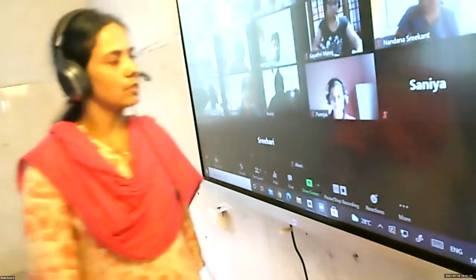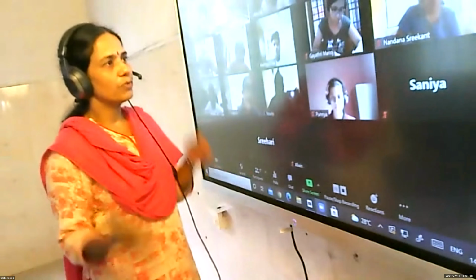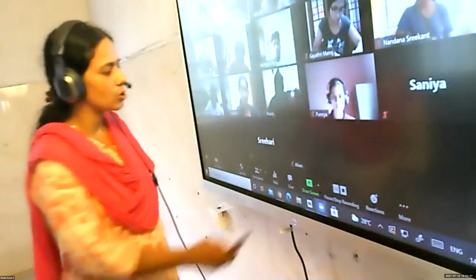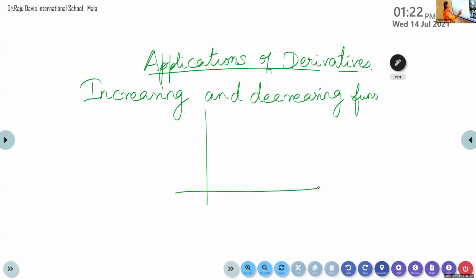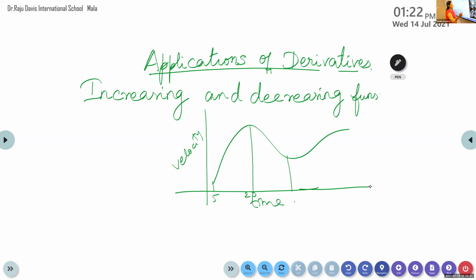Okay, so what is meant by an increasing function? Before learning in terms of derivatives, suppose you are given a graph like this. Suppose this is time and this is velocity. Suppose the graph is going like this. Here I am marking the time as 5. Here the time is 20 minutes. For the time being, close your textbook. When I say, okay, mention that one, you can open. Till that, listen to the concept. Now it is 25. Again 30.